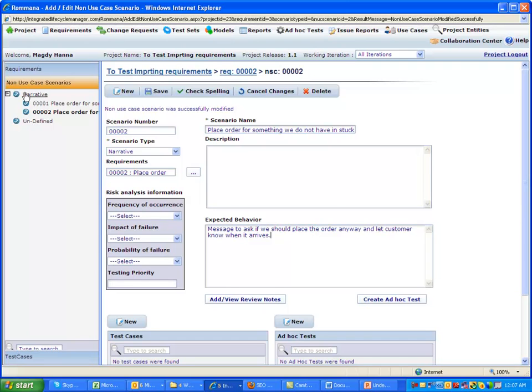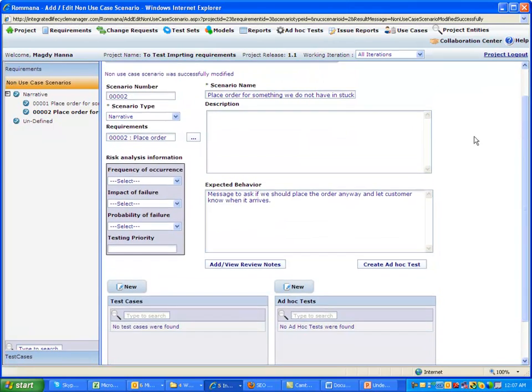And if you look on the left here, I am looking at the scenarios here. Okay, this is very interesting. The user interface is an interesting thing. On the top, you see the entity you are working on, which is scenarios. Above it, you see the parent entity, which in this case is the requirement. So if I were to click on this one, I'll see the requirement tree. Now at the bottom, you see all the entities that are considered to be children of the current entity, which in this case are test cases,